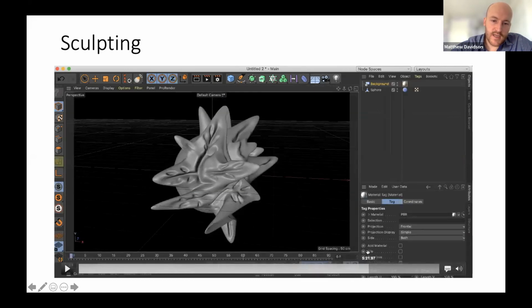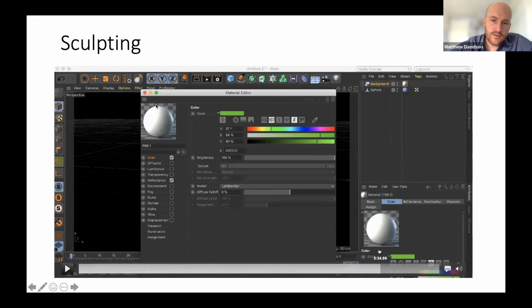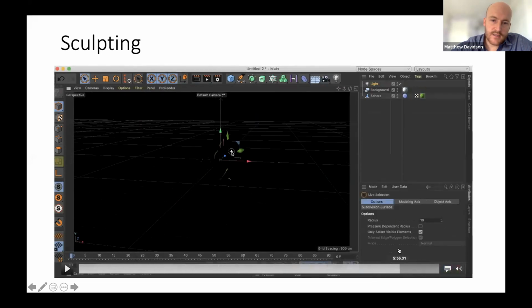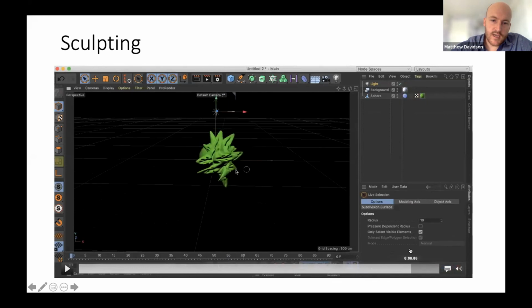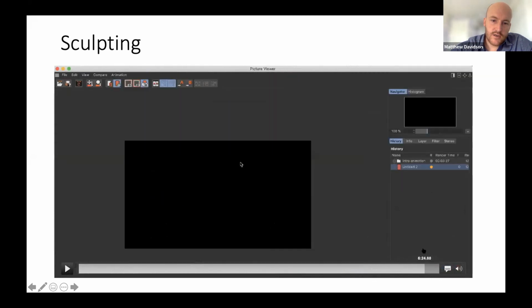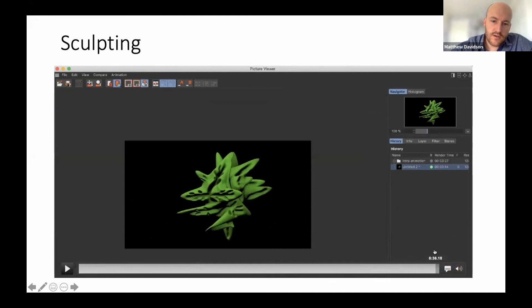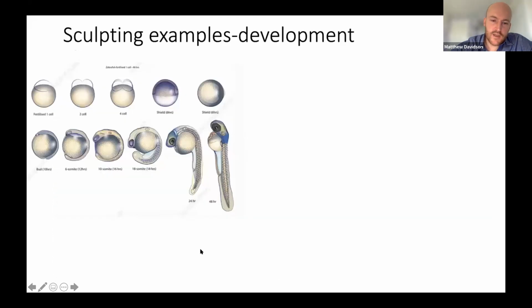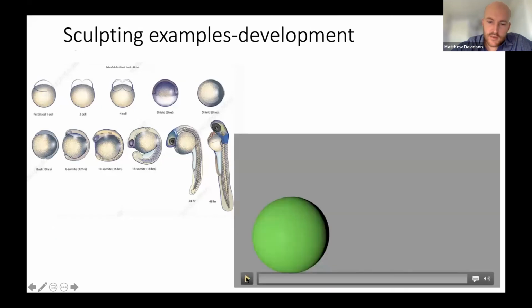So I sculpted that, added a material, so it's green, and then we can render it and get this nice, pretty image. There it is. And then, some example where this could be useful is mimicking development. So here's a